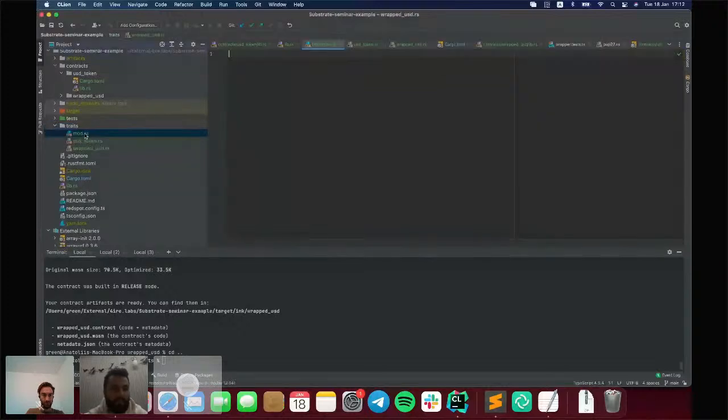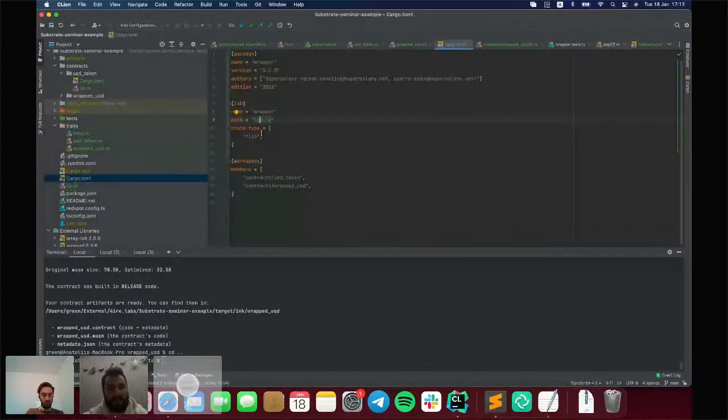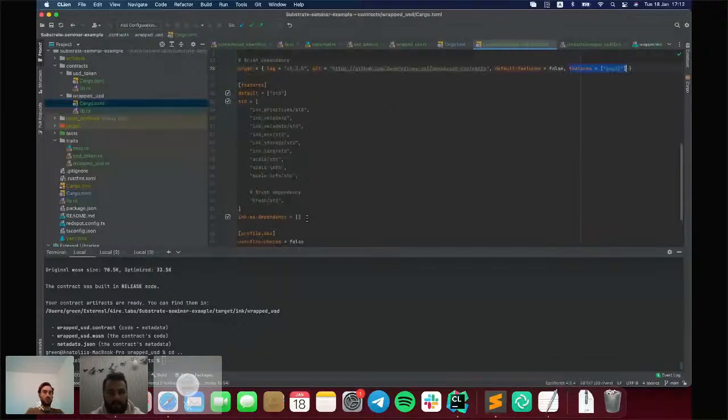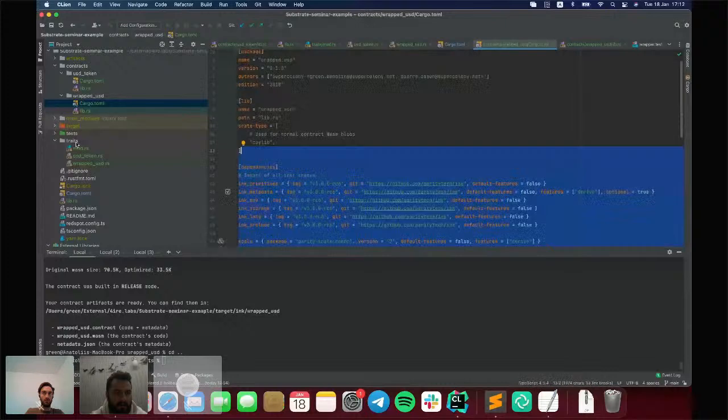Oh, and also let's return back to Cargo.toml. And here we also need to specify our dependencies because we plan to use OpenBrush and ink-related stuff. So for that, we need to copy all the same dependencies here.